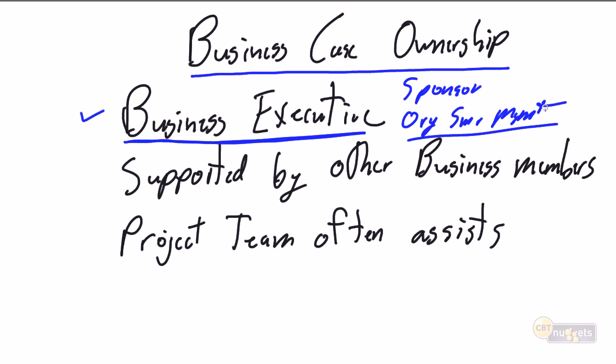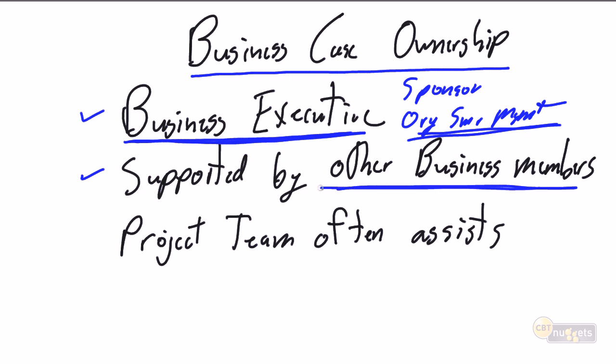This is not the middle level manager. This is not necessarily that person with the true business pain. There has to be a selling of that middle manager with the business pain up their food chain to their senior manager. The senior manager has to do the buy-in, say, yes, this project makes a lot of sense. You produce a business case, and I will take it forward to senior management and get it approved, and I will help you help us solve these business problems. To that point, the business executive has to be the sponsor, has to take it forward for senior management,